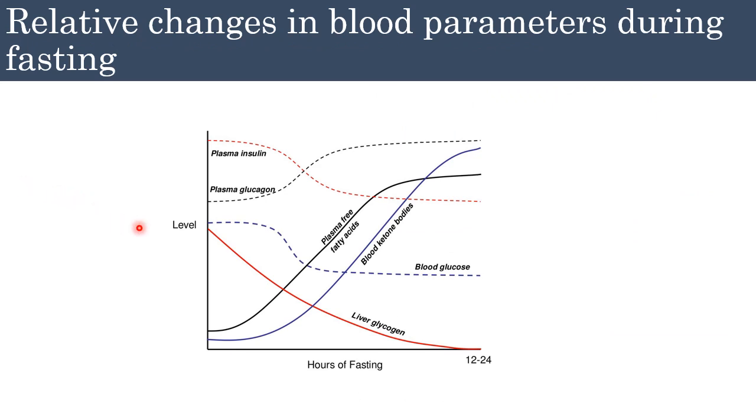This figure here shows the relative changes in blood parameters during fasting. So this is the level and this is the hours of fasting. Firstly, in the scenario of fasting, our blood glucose is continually being monitored and kept at bay by regulating hormones. Once the blood glucose starts dropping because we've got no supply from our diet, our glucagon will go up while our insulin will go down. At the same time, our liver glycogen is slowly being used and depleted to maintain this blood glucose level. The addition of glucagon has allowed hormone-sensitive lipase to start mobilizing some of our fatty acid stores from our adipose tissue. So our free plasma fatty acids are increasing, and our liver takes them up